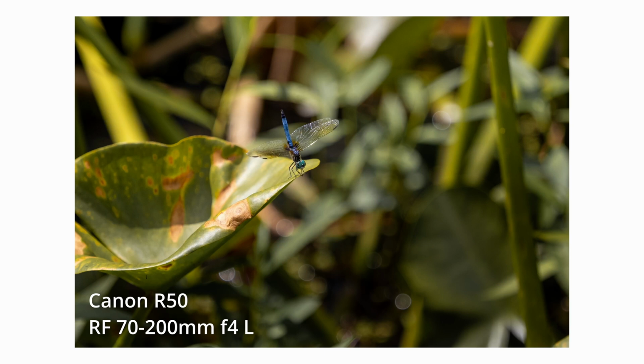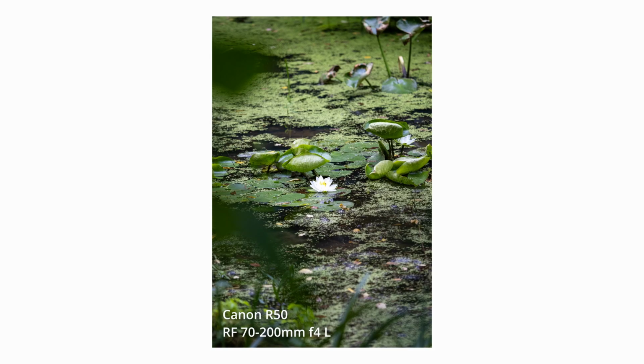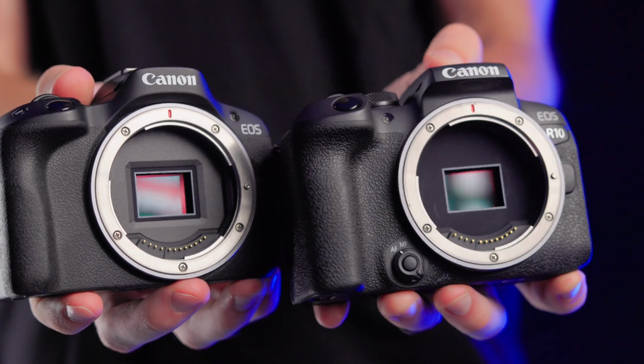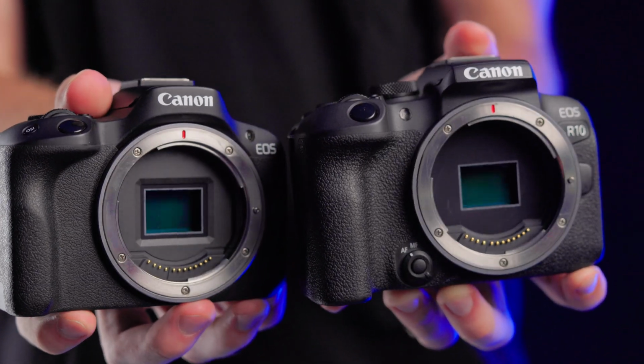Aside from that stuff, the cameras produce the same quality images. I actually think they have exactly the same sensor in them from Canon, so really there's not much difference aside from the technicalities. They have an APS-C sensor, so you'll just have to remember that any of your lenses, like